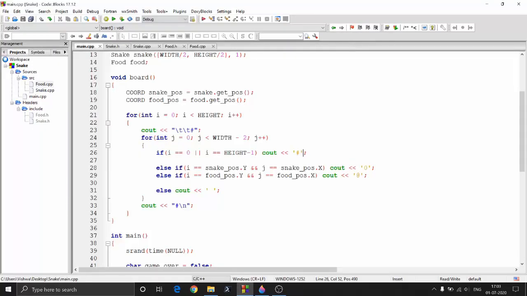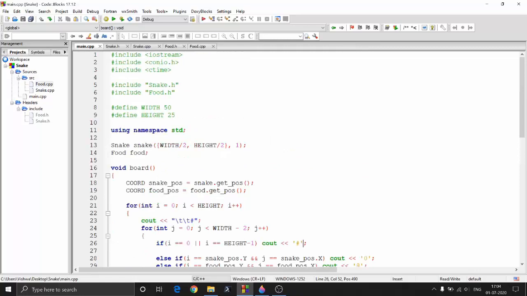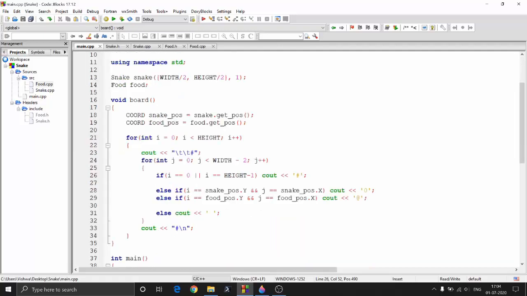So to fix this, well, you can go with it. It's not actually an error. It is actually not what we wanted, right? It's basically what I did not want. But if you wanted that the first food should be generated like that, you can go ahead with this and skip this portion. But since we wanted to generate the food at a random position right from the beginning, what